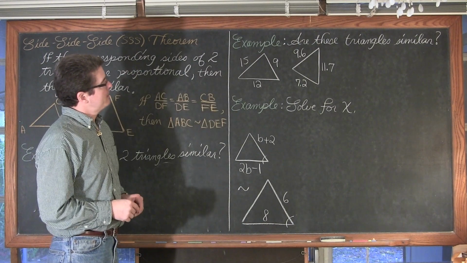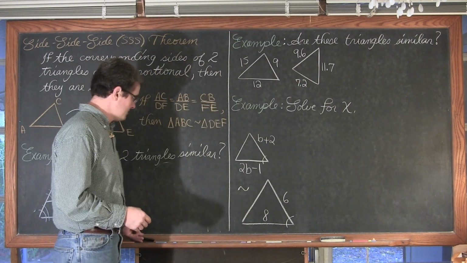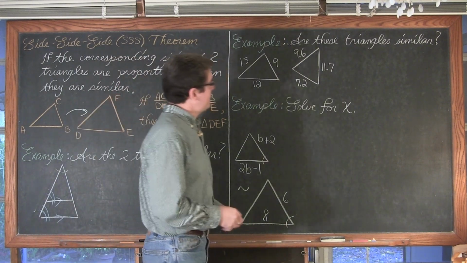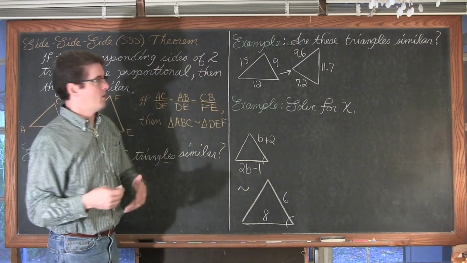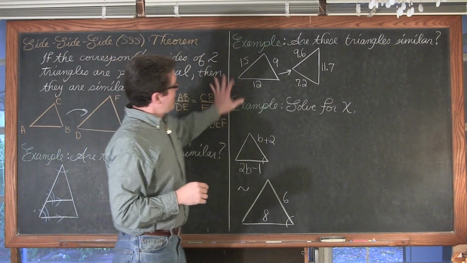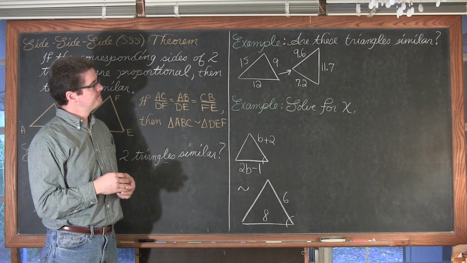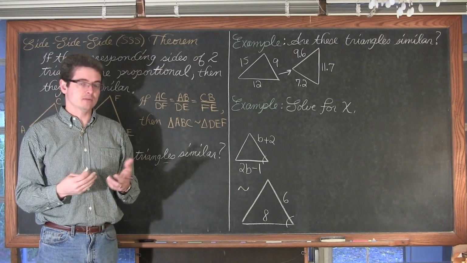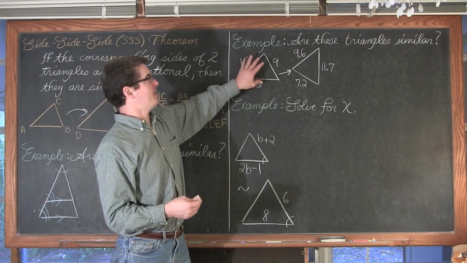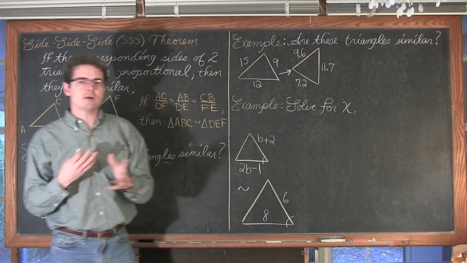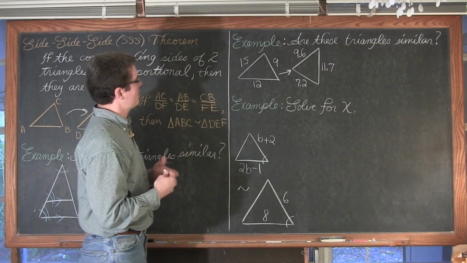Over here, I have changed the orientation of these triangles. We want to verify that they are similar, or see if they are. And let's keep our ratios going left to right. And how am I going to set up my ratios here when the triangles are not in the same orientation? And I'm not being told, is triangle blah blah blah similar to triangle blah blah blah. I don't have a name here to guide me on how to set up my ratios.